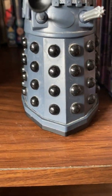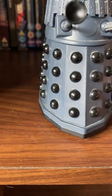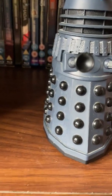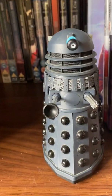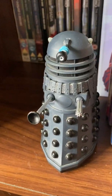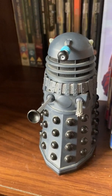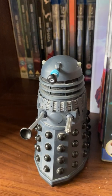They were the very first Daleks I ever watched growing up. I never watched Hartnell until the Daleks came out on DVD, which I think was about 2007. I did watch Genesis with my dad on VHS. Fortunately, I don't own any of the VHSs at the moment, but I am buying some tomorrow. I'm buying about 40 VHS tapes of Doctor Who, so I will be doing a video maybe tomorrow or Wednesday